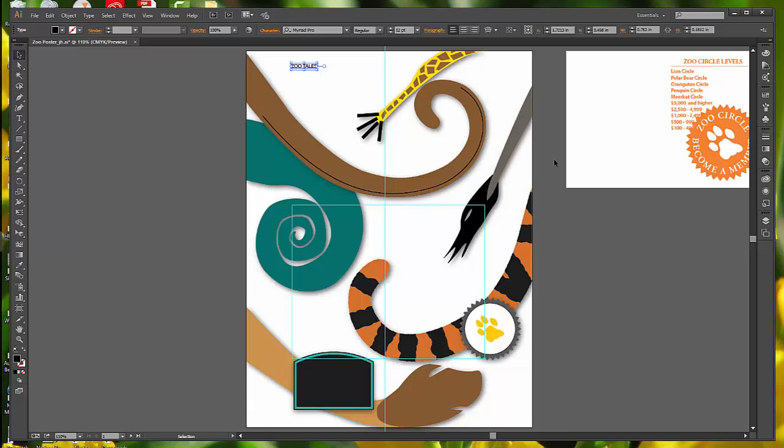I'm on the top of page 214. Adding area type uses a boundary of an object, like a rectangle, to control the flow of characters. You can do this either horizontally or vertically. When the text reaches the boundary, it's going to wrap to fit. Entering text like this is very useful to add paragraphs, like for this poster, or if you're doing a brochure,